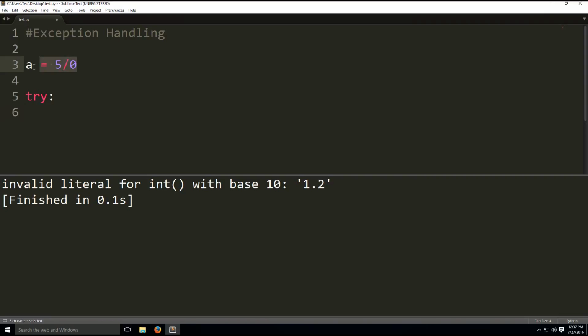So actually, I should be writing this as follows. So first we start off with try, then we put our suspicious code, don't forget to indent, suspicious code within the try block. So here's our suspicious code. And then, after that, we do an except statement. So except,